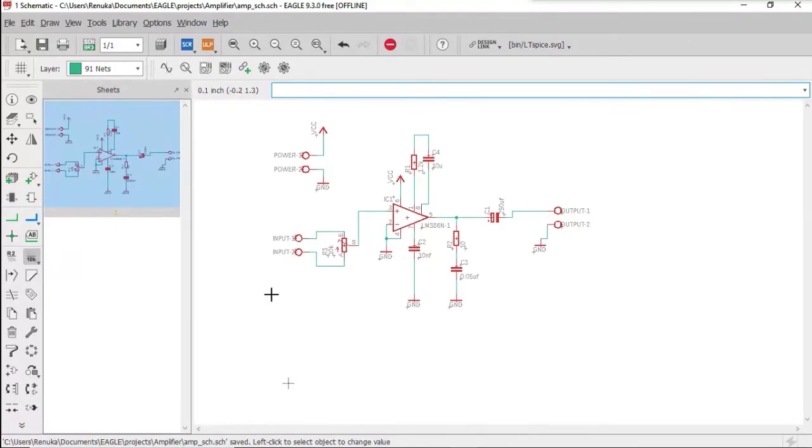After this, we have to check for errors if there are any. So make sure you have provided values and names for all the components. If you have any doubts, just drop a message. Otherwise, I'll just continue with it.